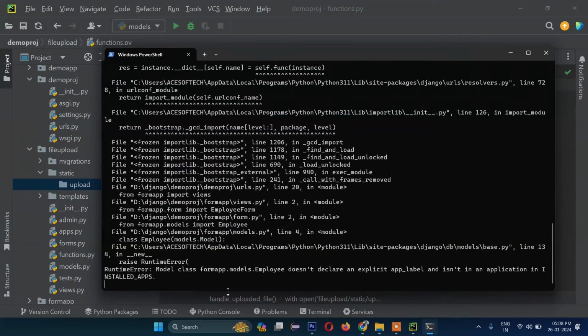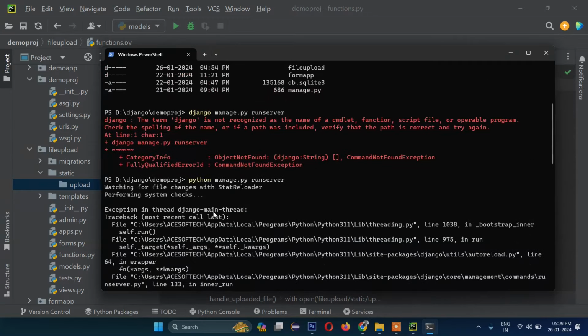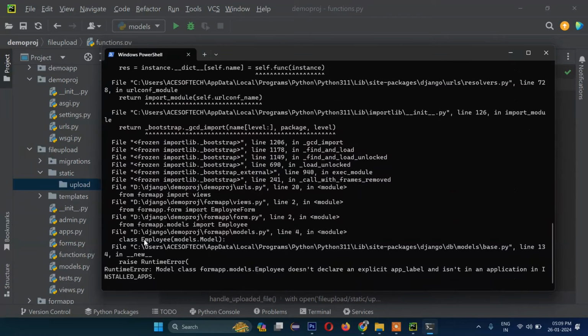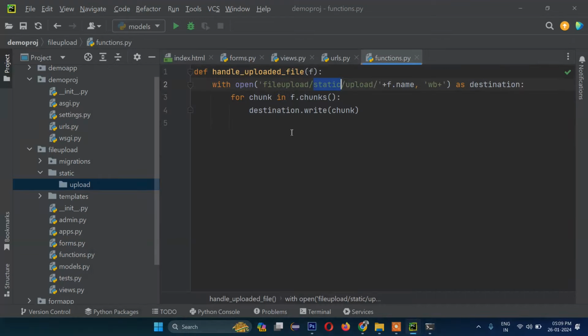Okay, so model class form app, somewhere it is still written form app, so it doesn't declare an explicit app. Let's do one thing, I guess inside settings